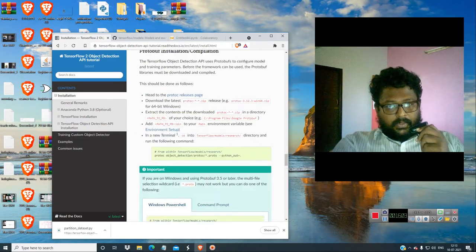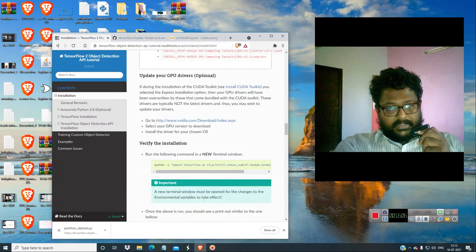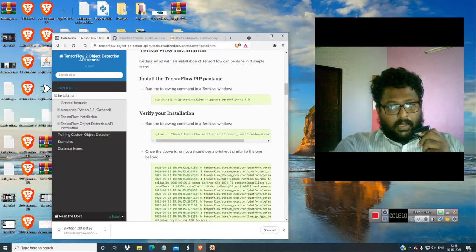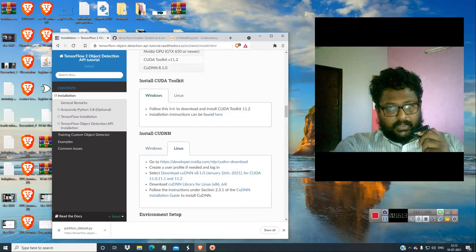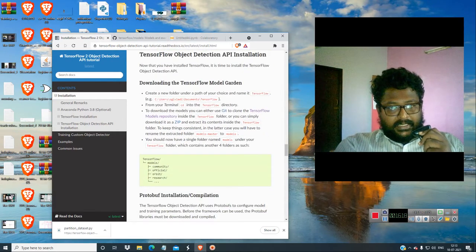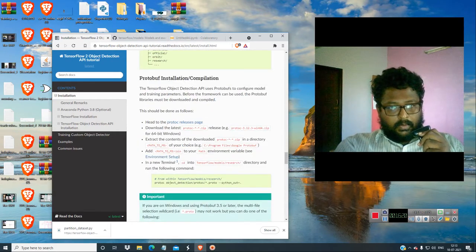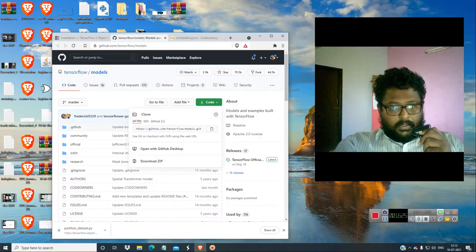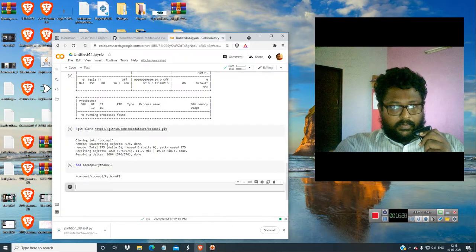We have left actually one big thing. We have made a big mistake: we have to download the models.research. Without downloading models.research, it is not good to go. Okay, the object detection API from models.research we have to download. So it is from here. So just clone it and get over here. So it is not okay. Now we can install the Cocoa API. That's not a problem. Okay, so before that we need models.research.